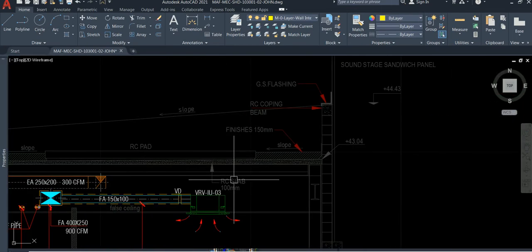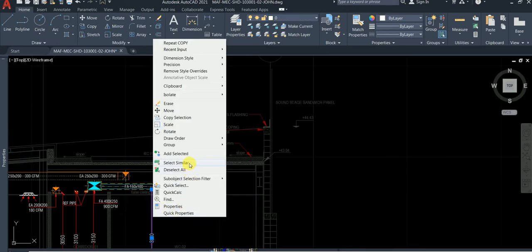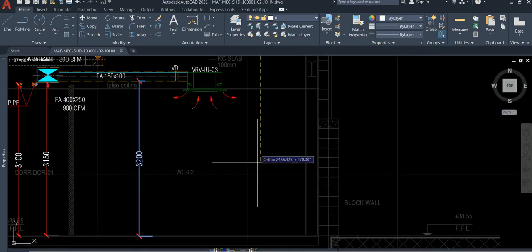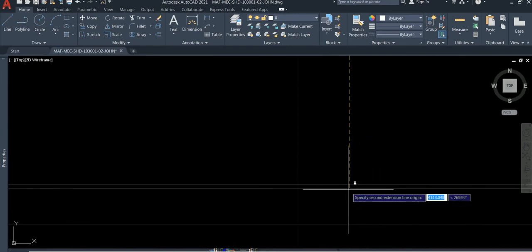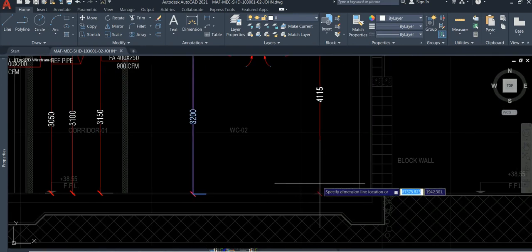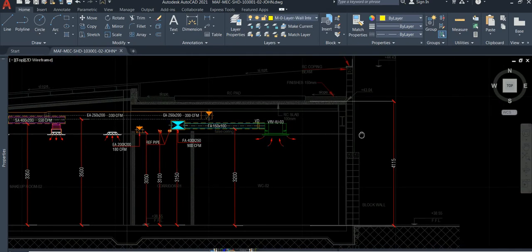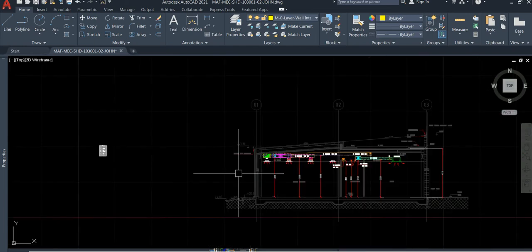If things are becoming funny, I show you one story. Right click, add selected. So this is our story. Levels will be from level 0, 4115, level 2. This is the first thing we'll have to do in Revit. The levels are most important. The second thing, we'll be creating